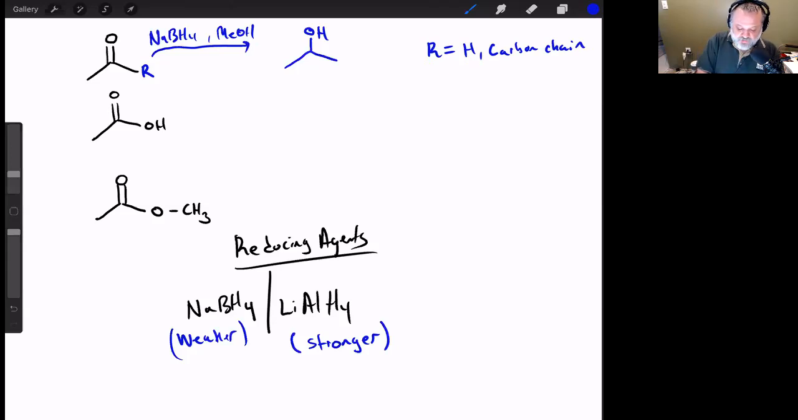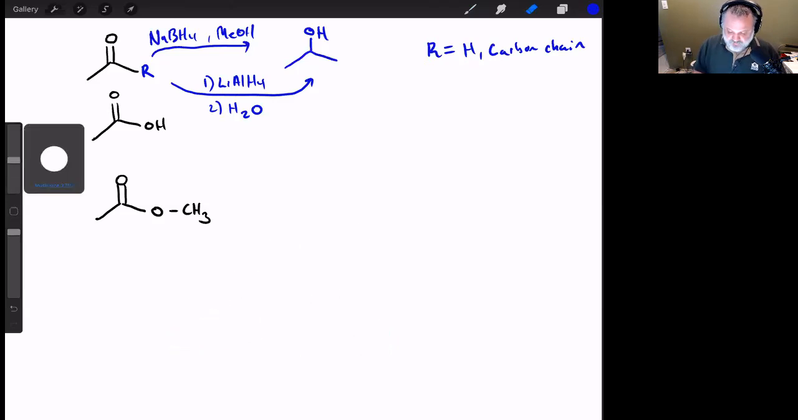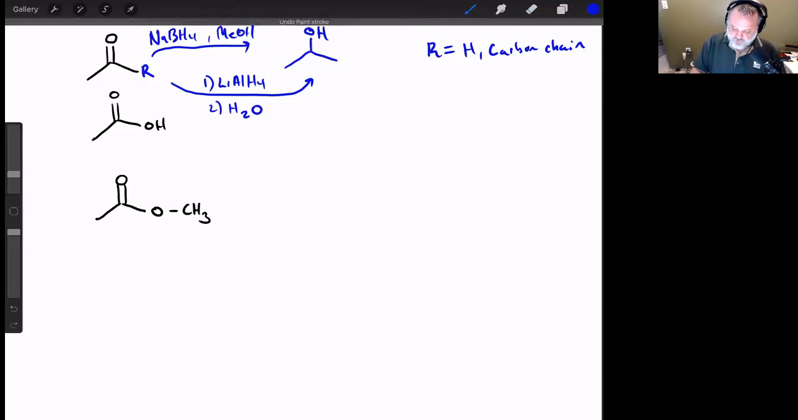Now, I can do the same reaction in two steps with lithium aluminum hydride, but I end up having to do a second step where I use water. And this is an important part because I want you to know why I need this second step. I need the second step because of this reaction. Once I form an alcohol,